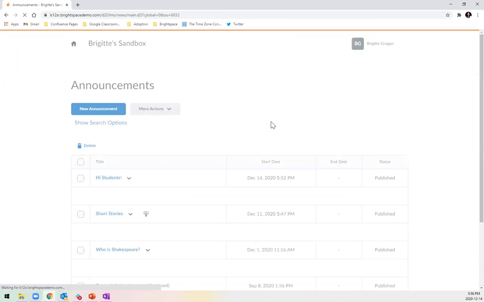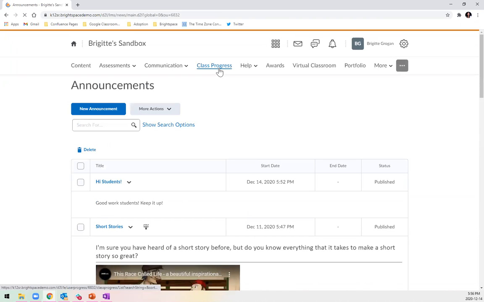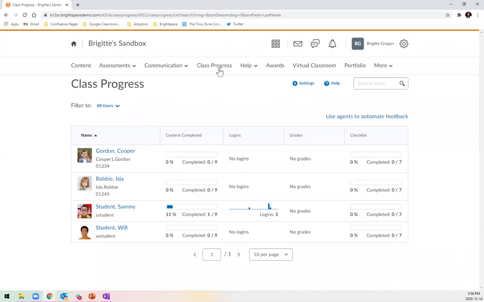The next thing I'm going to show here is the class progress tool. As I talked about before, we have this great tool that gives teachers a really good look at what their students are doing. If I look at my class progress tool, I can see I only have 4 students in my class. I'm sure your schools would have many more students, but I can get a good understanding of what my students are doing. So if I go back into our SAMI student here,